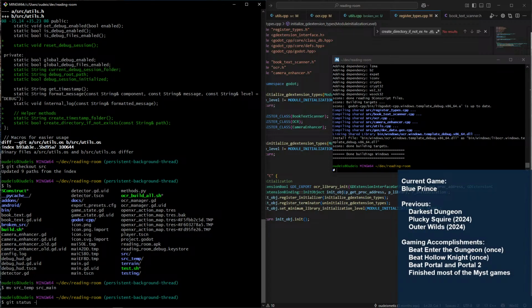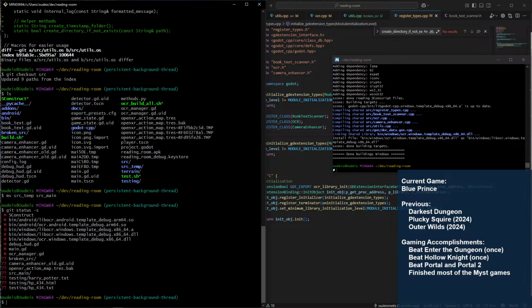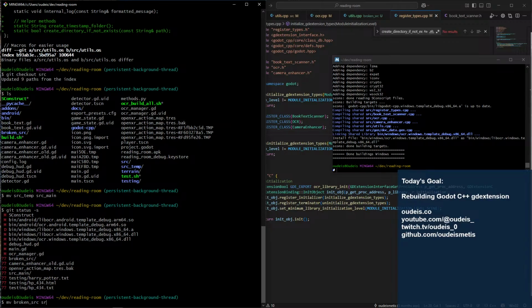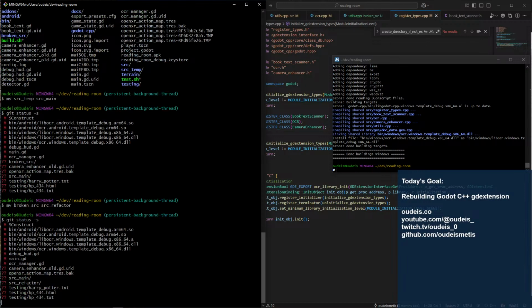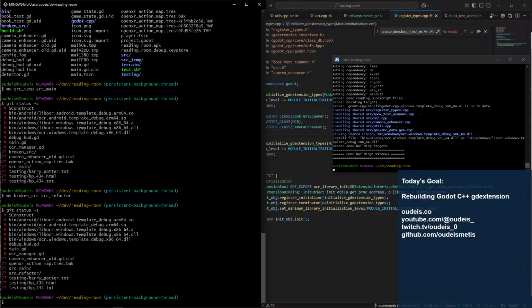Git status -s. And then let's do move of broken source to source. Let's call it refactor. So now I have these two sources in addition to the source that I've got.